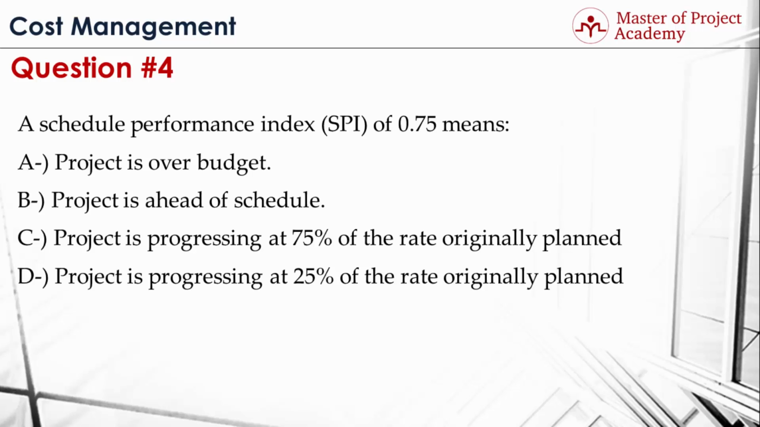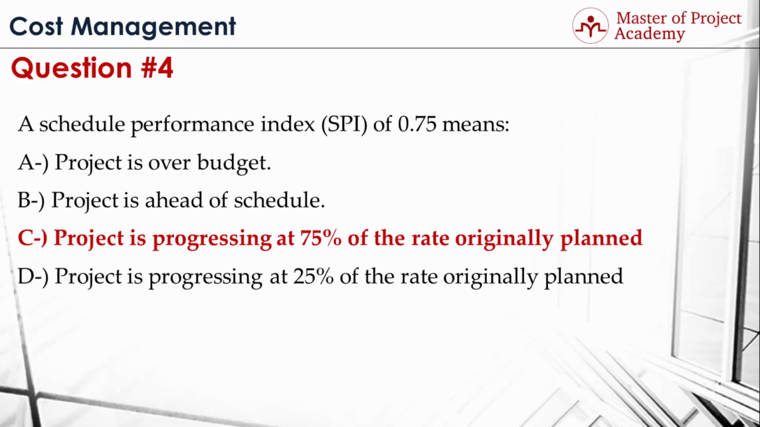Question 4. A Schedule Performance Index, or SPI, of 0.75 means A. Project is over budget, B. Project is ahead of schedule, C. Project is progressing at 75% of the rate originally planned, or D. Project is progressing at 25% of the rate originally planned. The answer is